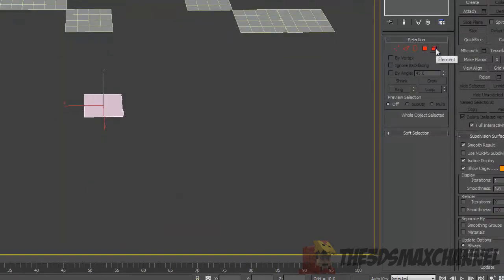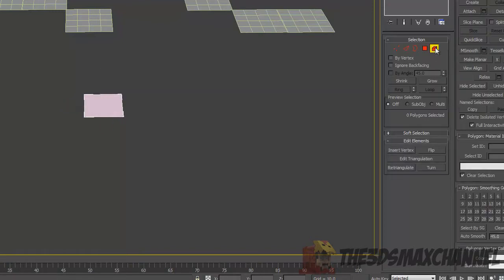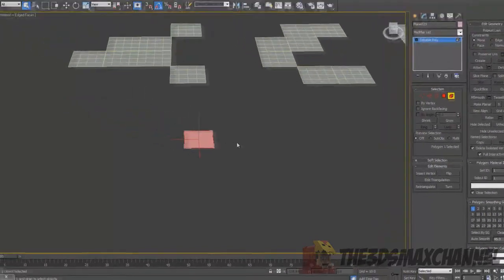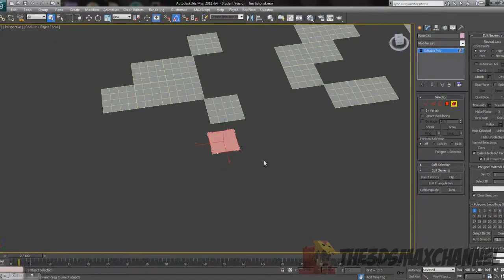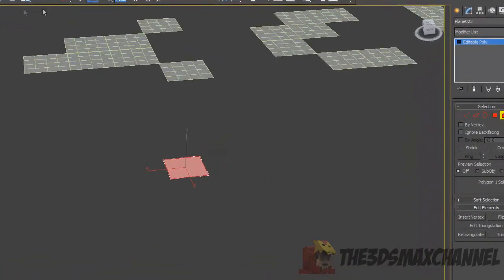And then go to the little red box in the modify panel, which is called element, and click the plane. Press F2 if you want it to be filled with red when you've selected it, and simply select the move tool,